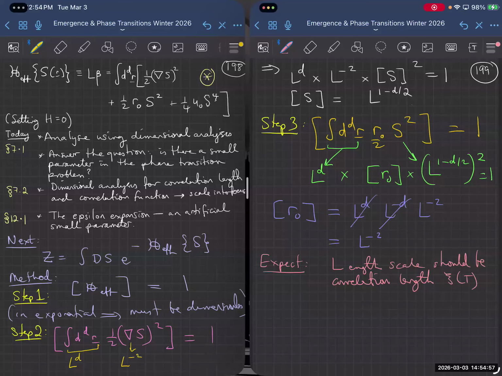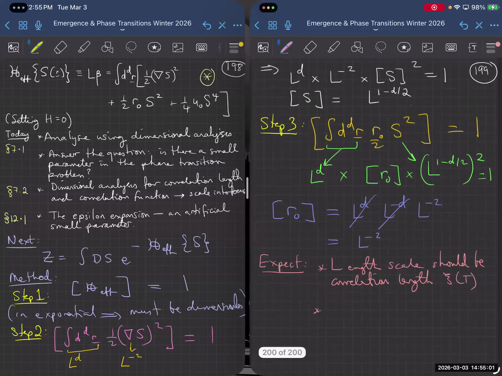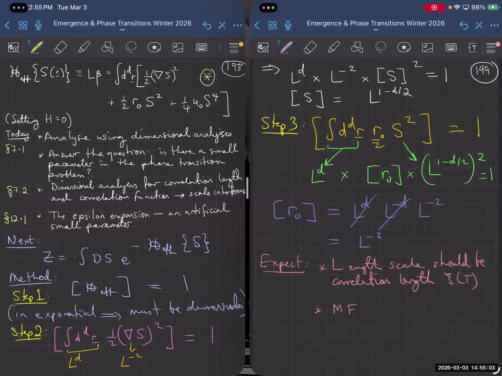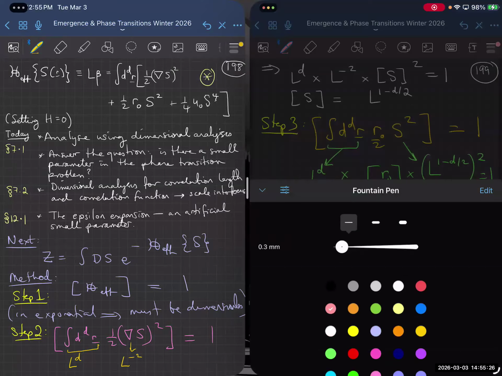And we know that in mean field theory, which is what Landau theory is, xi of t scales like t to the -1/2. And so what that means is that r naught should be proportional to L to the -2, and therefore should be proportional to t. In other words, t minus tc over tc. And that exactly makes sense,